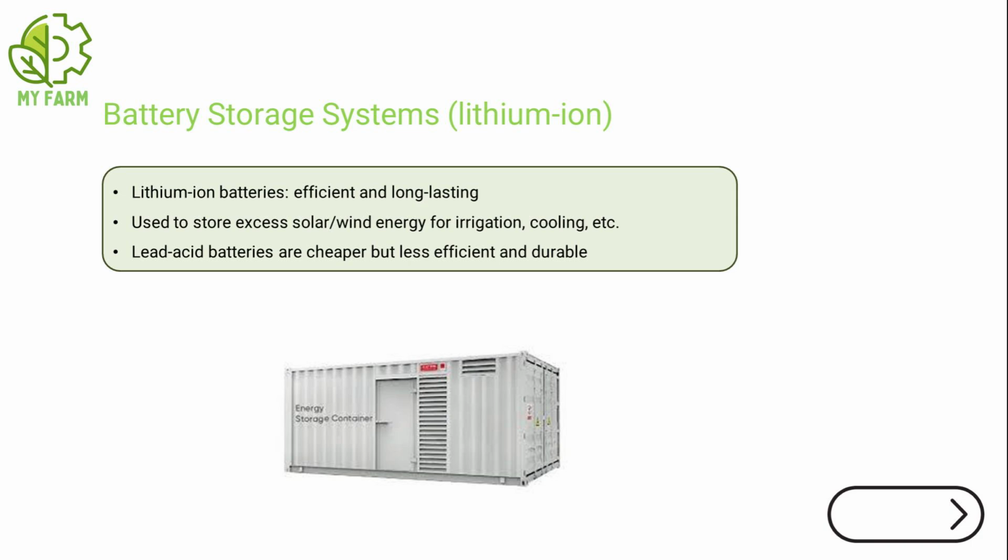Lithium-ion batteries have become the preferred choice for modern agricultural systems. They are highly efficient, lightweight, and long-lasting, capable of completing thousands of charge and discharge cycles with minimal loss of capacity. These batteries are used to power a wide range of farm operations, from irrigation pumps and refrigeration units to lighting systems, sensors, and even electric tractors or utility vehicles. Their ability to deliver consistent power output, combined with low maintenance requirements, makes them ideal for farms that rely heavily